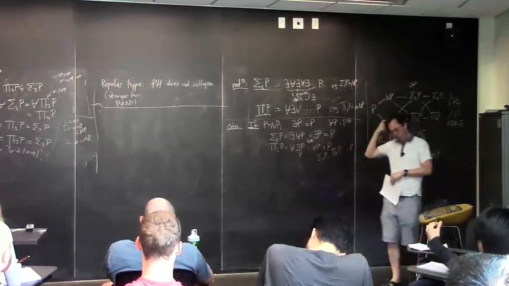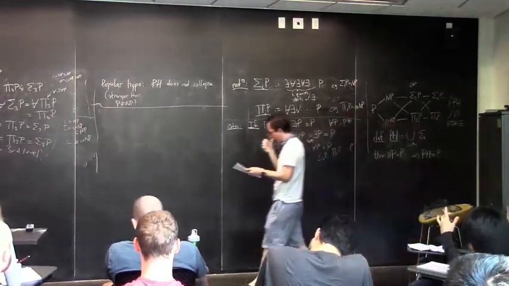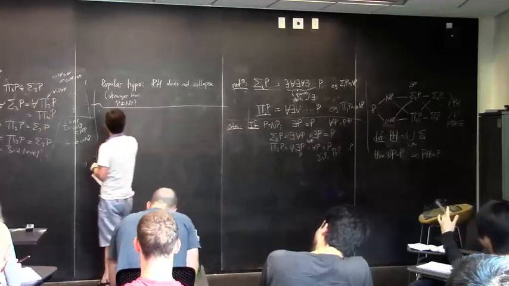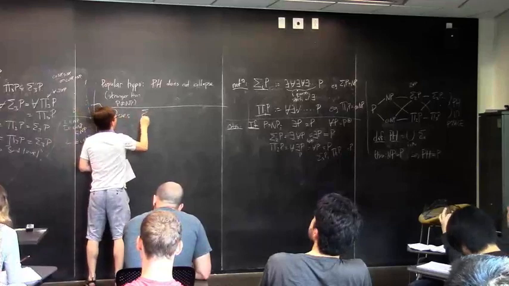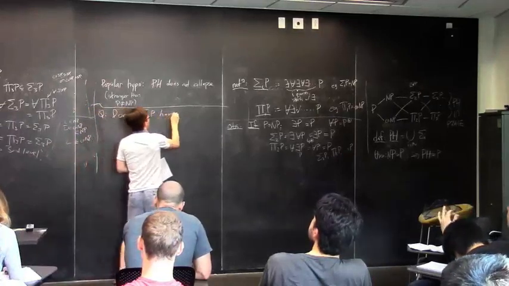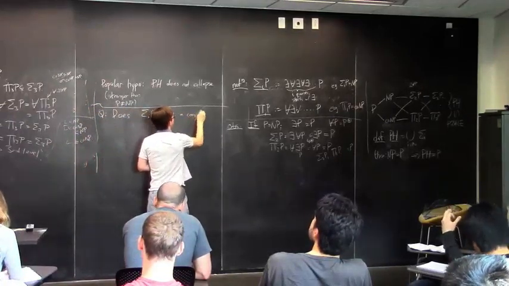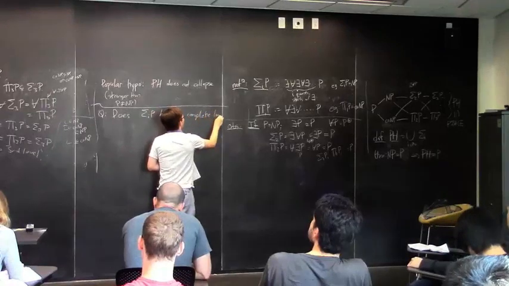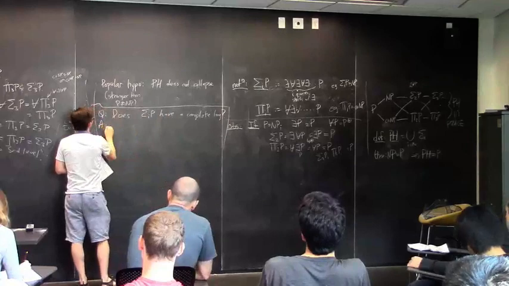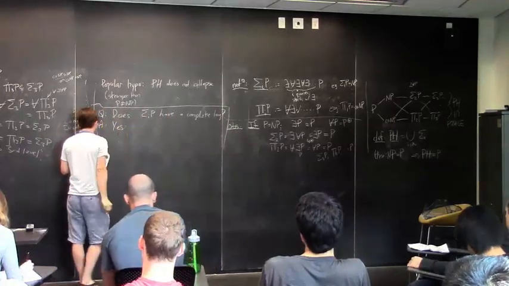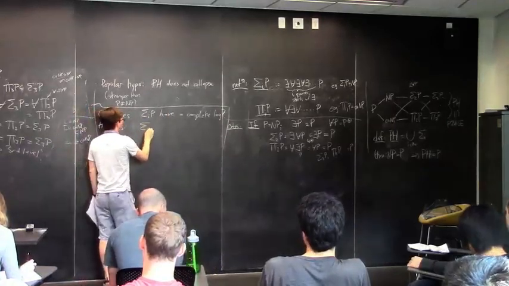I say that, I think it's true. Maybe I'll have to double check my sources. But I do know for sure one complete language for each of these complexity classes. So let's say, does Sigma iP have a complete language? And the answer will not surprise you. Yes. And one example is the language called Sigma i SAT,